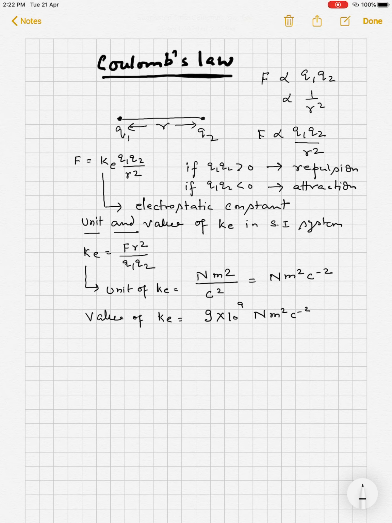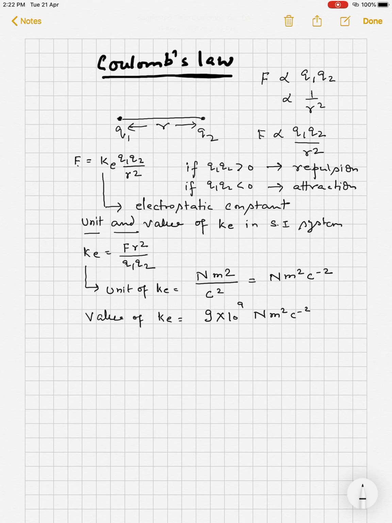So this Coulomb's law is an inverse square law, because here force depends upon 1 upon r square. The same form we know in the universal law of gravitation, in which we have F is equal to G m1 m2 upon r square. The basic difference between these two formulas is that in the universal law of gravitation the force is always of attraction, but in Coulomb's law this force may be of attraction or of repulsion.